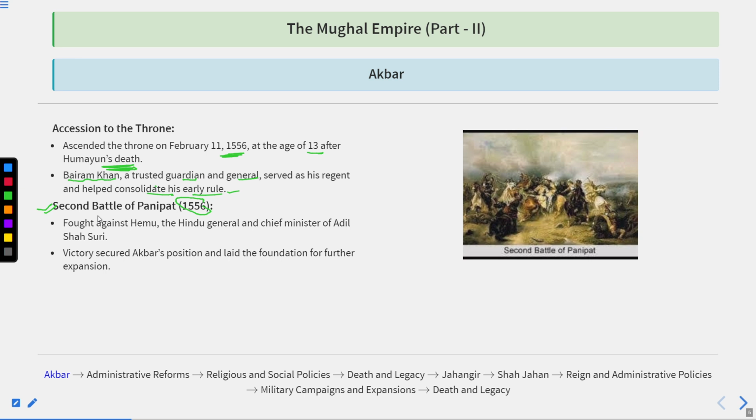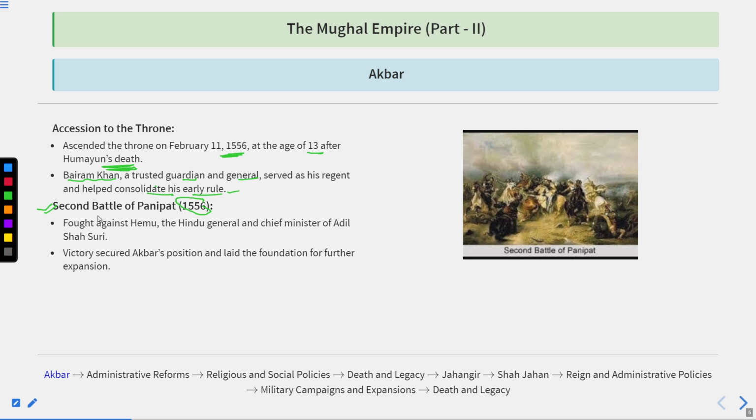As we discussed, there was the Suri dynasty in 1555. Humayun again came with the help of the Persian king. He attacked the son of Sher Shah Suri, known as Sikandar Suri, in 1555. He killed Sikandar Suri and he again recaptured Delhi. So in November 1556, after the death of Humayun, Akbar became the next ruler, and the general of